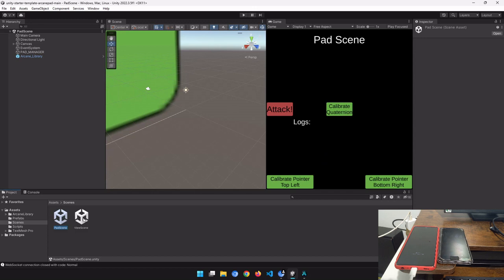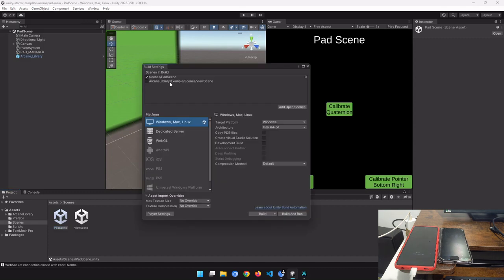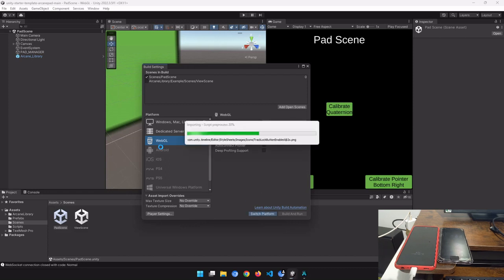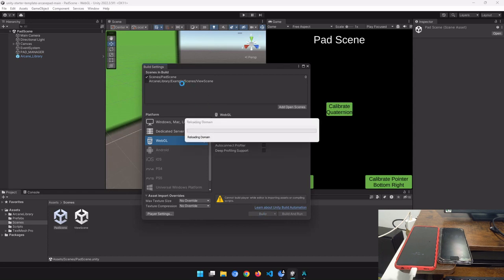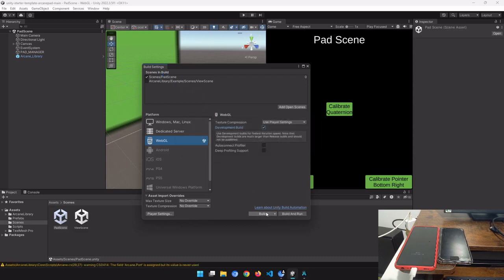I'm going to explain all that, but first we are going to go to build settings. We are going to use the pad scene on WebGL, and it's going to be a development build. So first switch platform. And now we are going to export to build this pad scene in order to load it on our phones. So build,